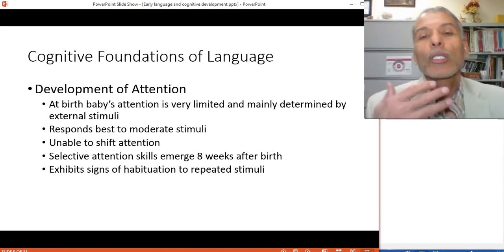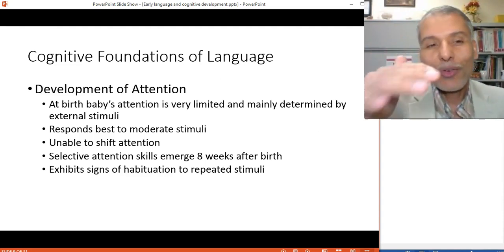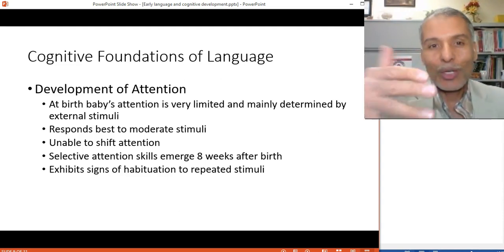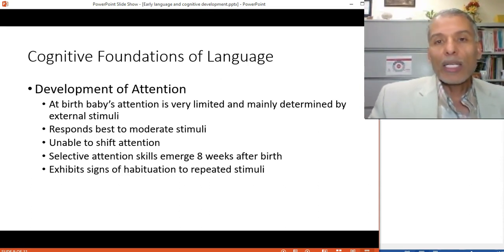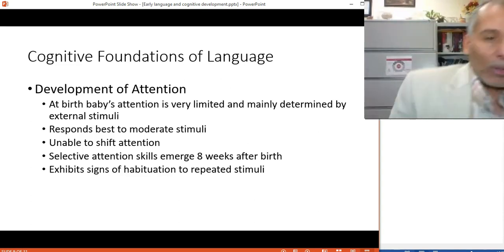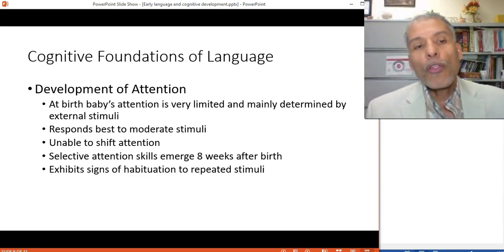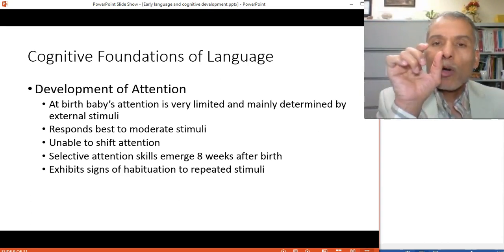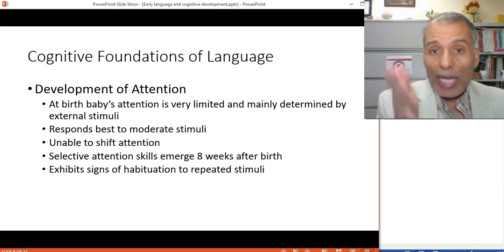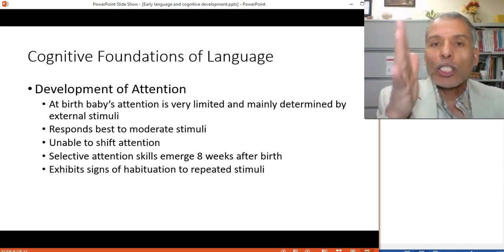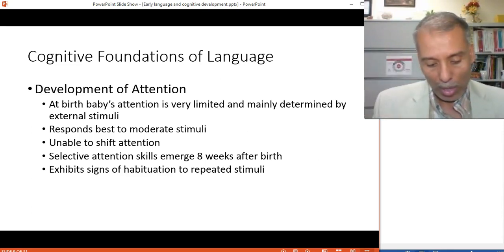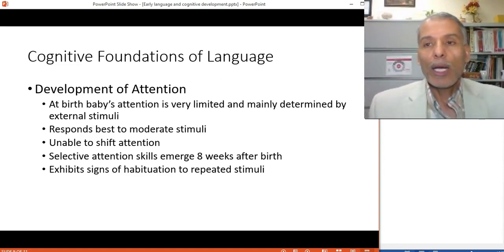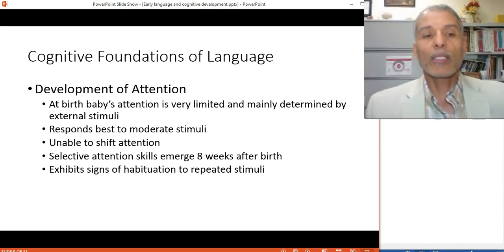Attention, as you notice, sometimes we trace from birth to a certain age and then go back. So we take it skill by skill, milestone by milestone, and we trace it along the continuum of development. So looking at attention, at birth, you are speaking about seconds. Yes, you can make eye contact with a baby as soon as they are born. They are ready to be stimulated with sensory stimulation, visual, their skin, and the senses like hearing and so on.